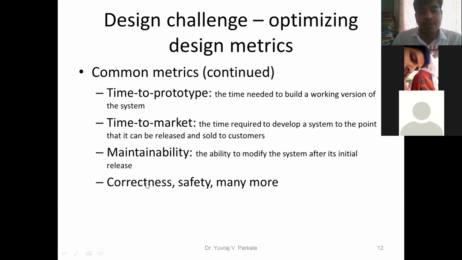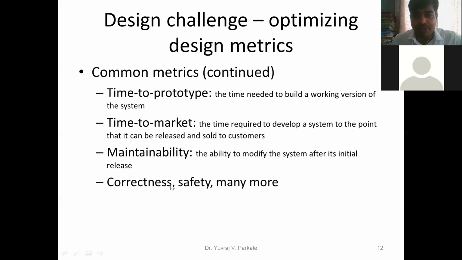The next parameter is correctness. So I have designed the product, I have tested the product, I have sold the product to the market. Now, what is the guarantee of your embedded system that it will behave correctly? Can you give the guarantee? Yes, you have to give the guarantee everywhere. Even if you purchase a mobile phone or any other product, you want a guarantee with a warranty.